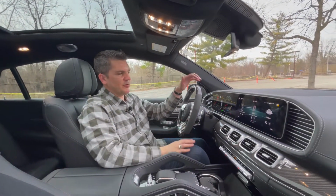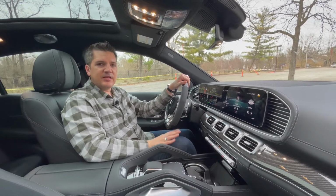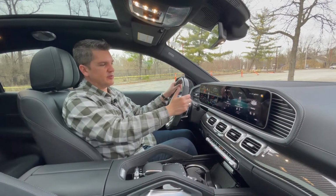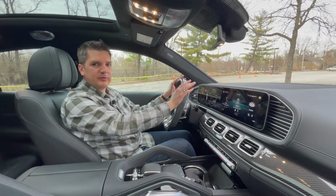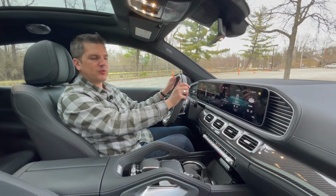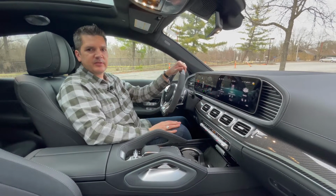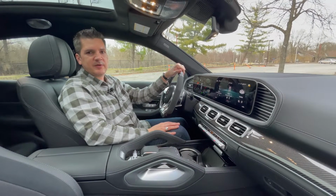Just everything you'd ever want in the vehicle, and all the safety gear too. Of course, you've got adaptive cruise control and lane centering steering. You have to keep your hands on the wheel, but it pretty much steers itself, even around corners. You've got forward collision alert with auto brake, lane keep assist, blind spot warning, rear cross path detection, the full